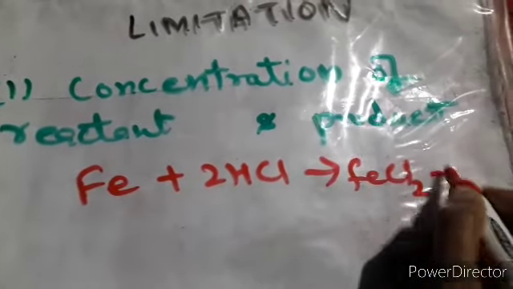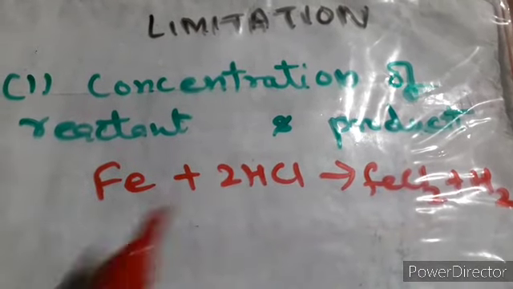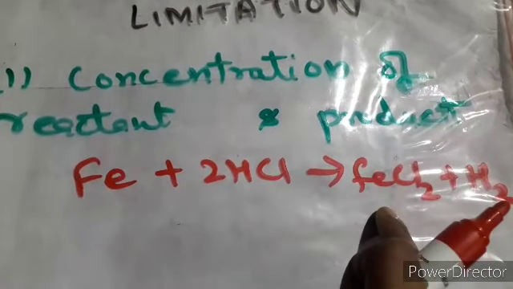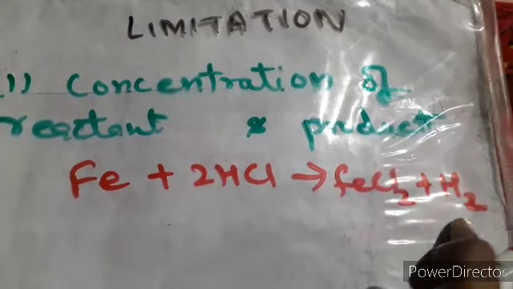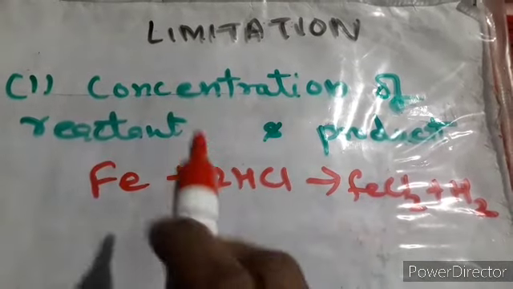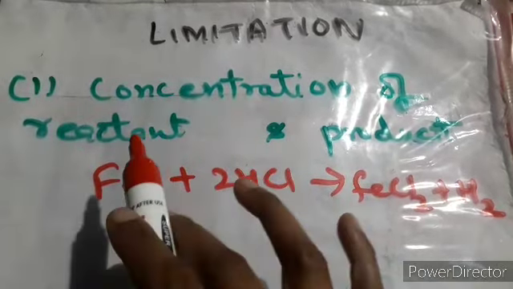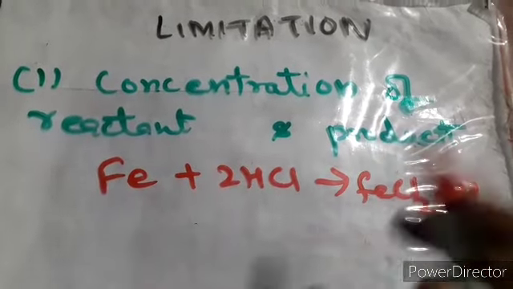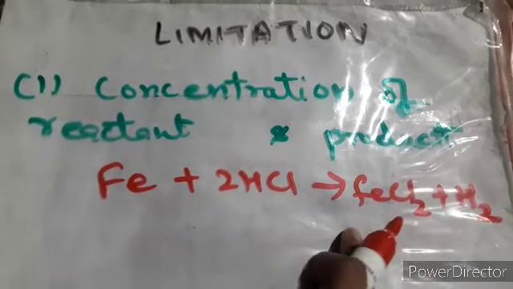Can you tell me how much Fe I have used over here? What is the amount? What is the concentration of HCl over here, what is the concentration of FeCl2 that is being formed over here, how much or what volume of gas is being involved over here? Nobody can judge by looking at the equation. So that way I have written the limitation that you cannot judge the concentration of reactant and product. I have written the keywords: concentration of reactants and products cannot be detected by the chemical equation, right?